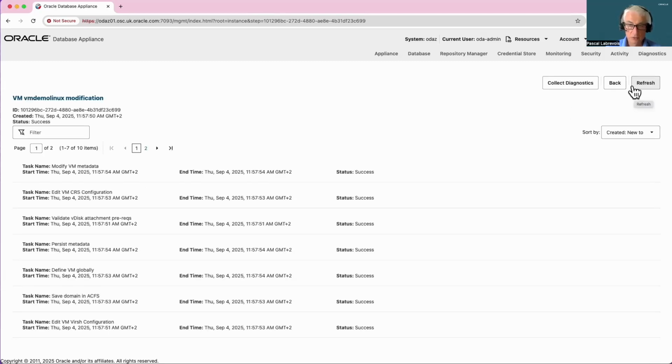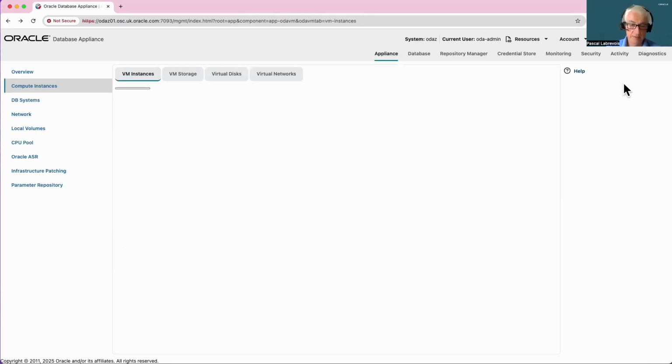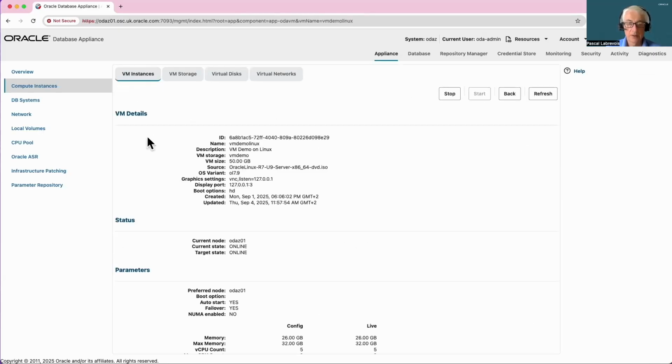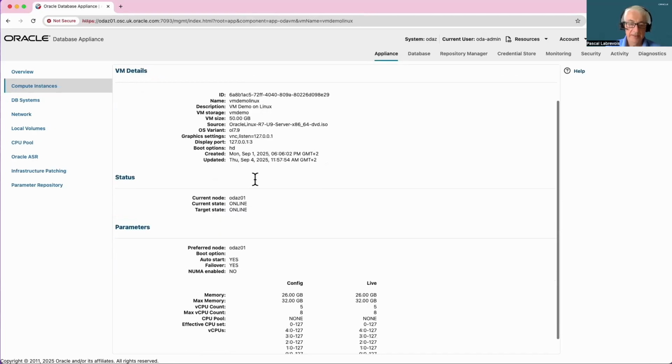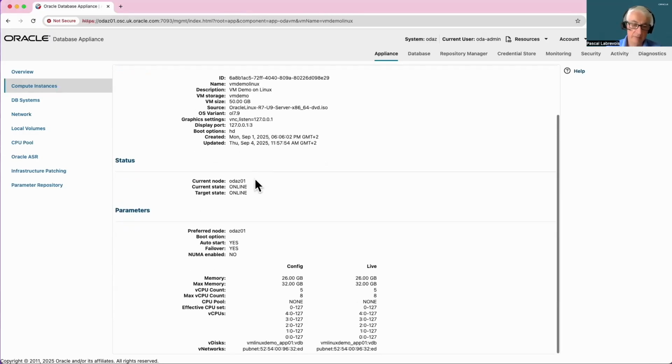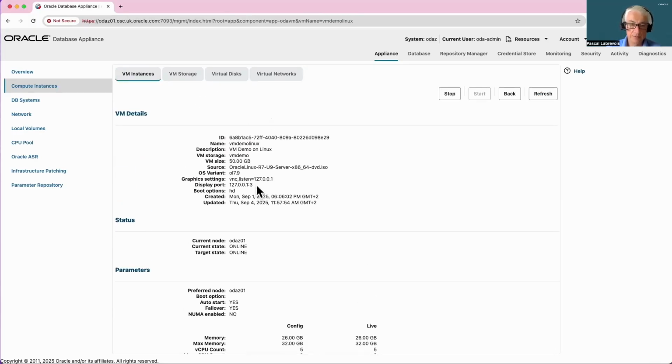So it is done. I can go back to view the details of the VM from the console. And I can see that the VM is running, so now 5 vCPUs, 26 gigabyte memory, and I have the virtual disk assigned to the VM. I can also check this from the VM that is still running.